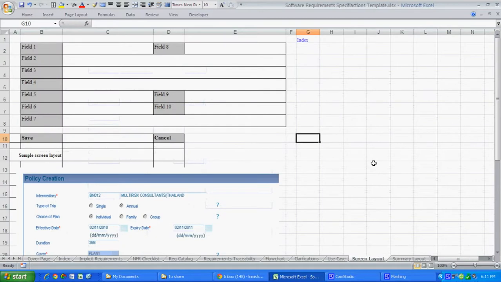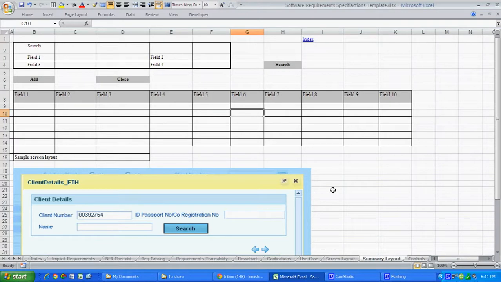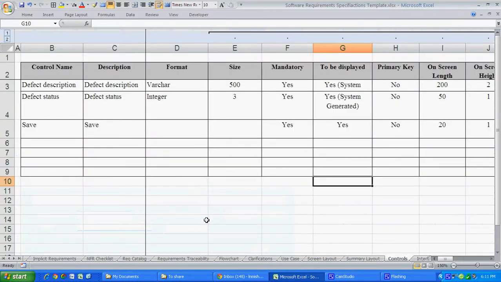The screen layout is how the fields look and how they are placed. This can be done using HTML or any other graphical interface available. There is also a summary layout, because in most business systems one has a detailed view and one has a summary view. Then the next tab is the controls tab, which is a very crucial tab for capturing requirements at